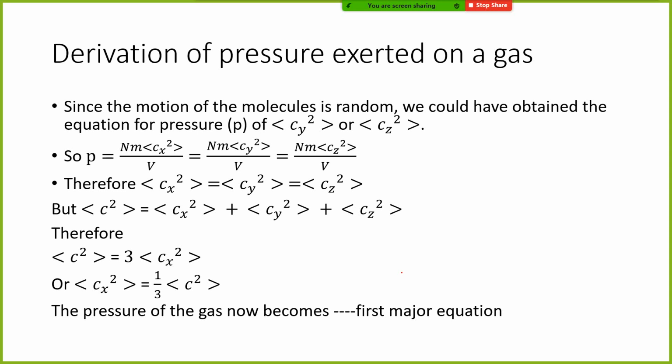What we're trying to find here is this: if we add up all of these individual mean square speeds, we get a more refined value for the mean square speed, which is this right here. This is what we want, and not this, because we already know that cx squared is equal to cy squared. All of these are basically equal to the same thing, so in essence we can just add them together to get three times